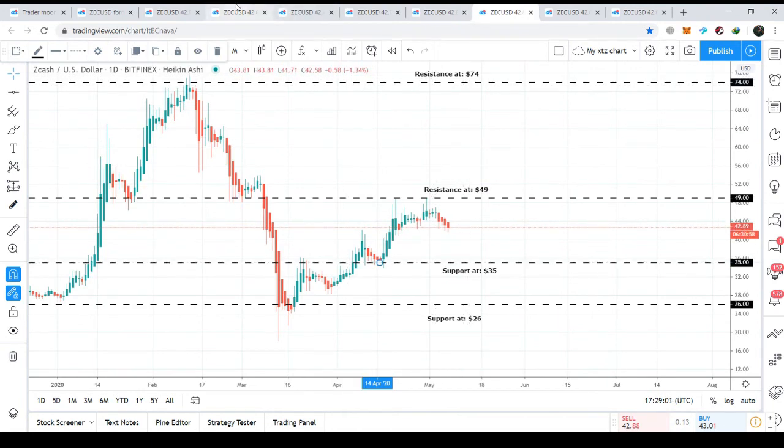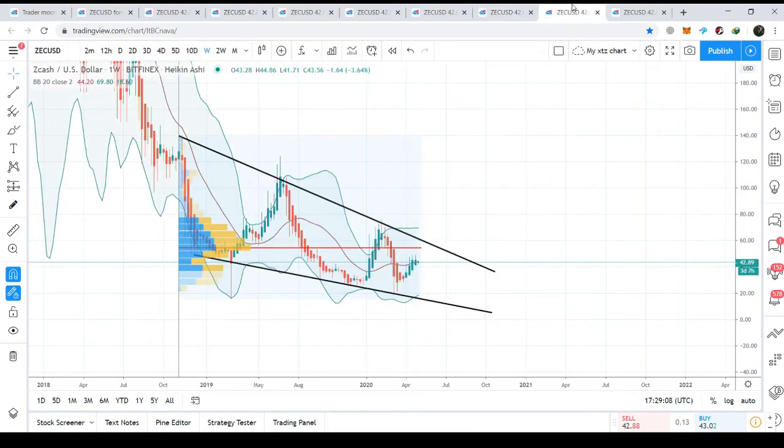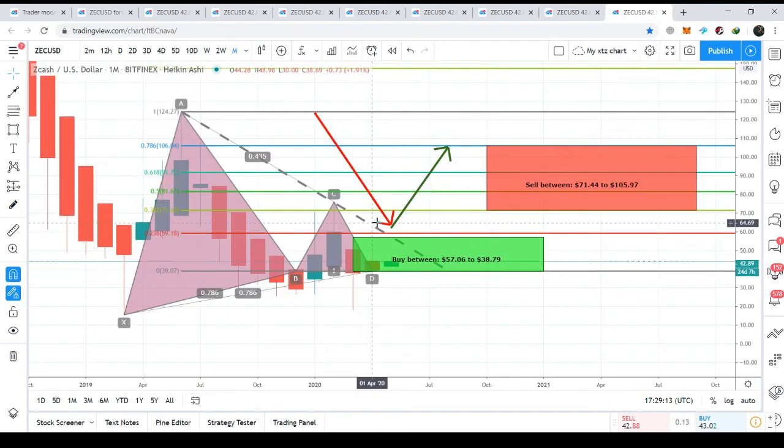And we also have the potential reversals of this bullish bat pattern as well. And now I'm taking you to the very big bullish Gartley pattern that has been formed on the monthly chart. You can see that this is the initial leg, and after the initial leg, the A to B leg is retraced between the 0.618 to 0.786 Fibonacci level, and then the B to C leg is projected between 0.382 to 0.886